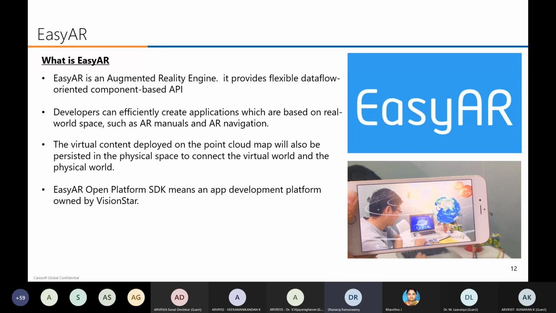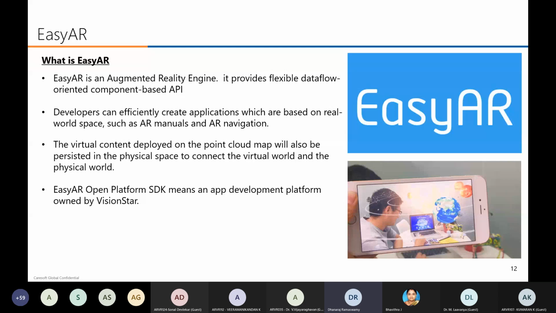What is Easy AR? Easy AR is an augmented reality engine. It provides a flexible, data flow oriented, component based API. Developers can efficiently create applications which are based on real world space, such as AR manual and AR navigation.